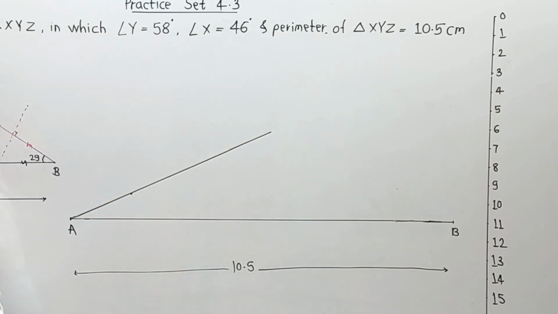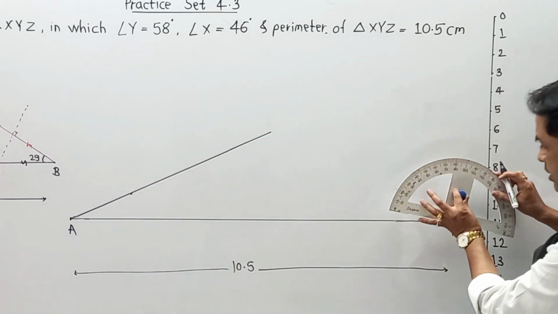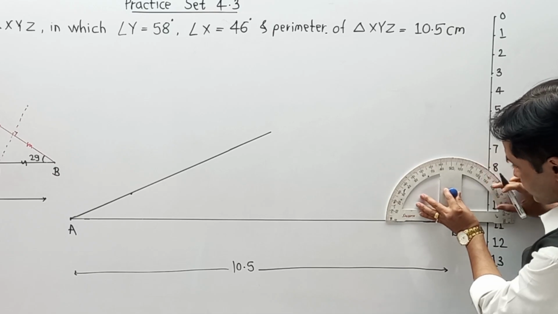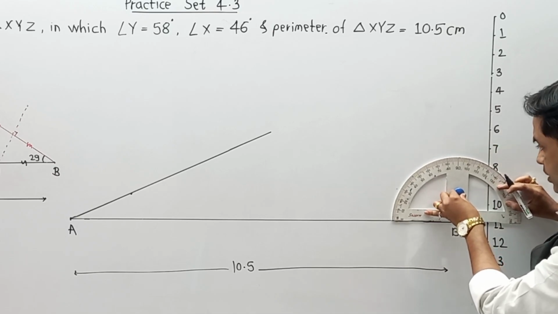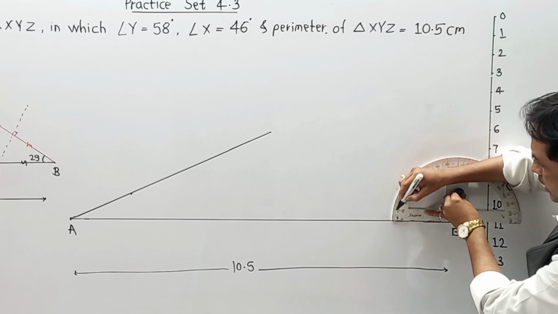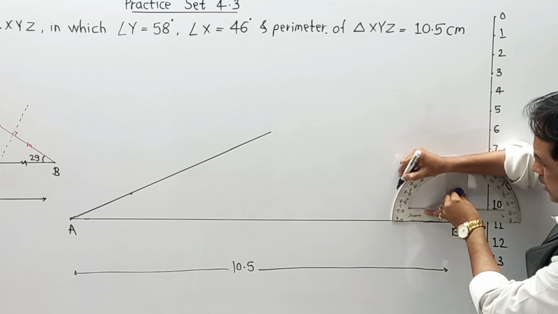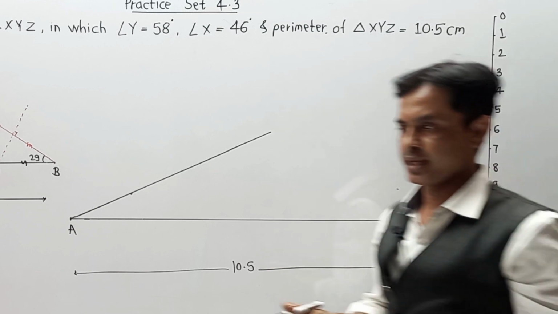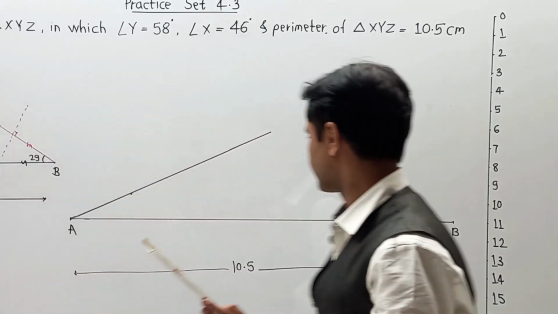In this way. Next, you have to take an angle of 29 degrees from point B. So the reading is from point B, again your respective angle is 10, 20, 25, 30, and before 30 you have to take an angle of 29 degrees. Again we are going to draw one line that makes an angle of 29 degrees over here.